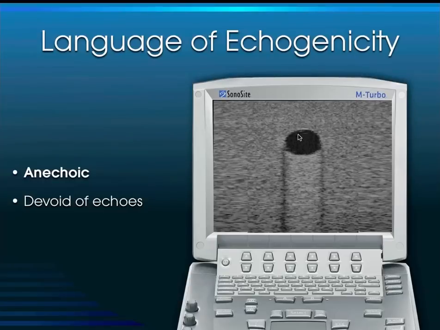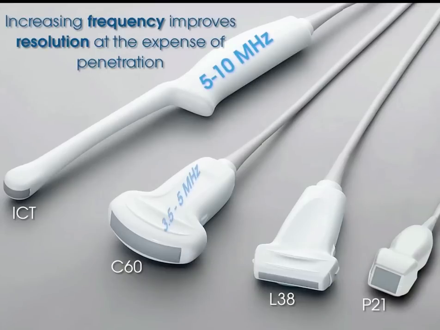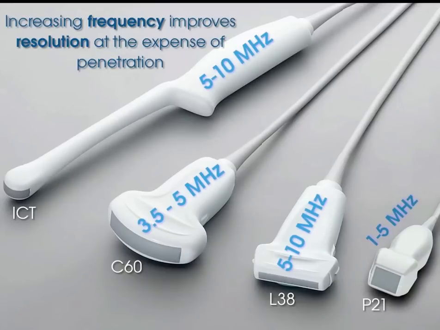And finally, something is anechoic when it is completely devoid of echoes and is jet black compared to the surrounding tissue. The transducers themselves have different frequencies about which they can toggle. And generally speaking, the higher frequency transducers have better resolution but are not able to penetrate as far into the body. So for example, this high frequency linear transducer is really good for superficial structures when depth of penetration is not of concern,